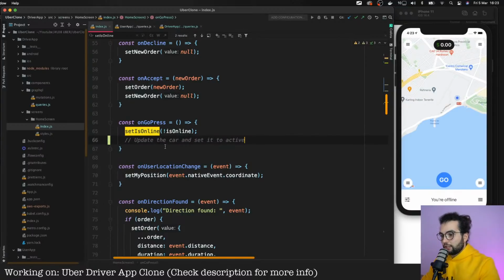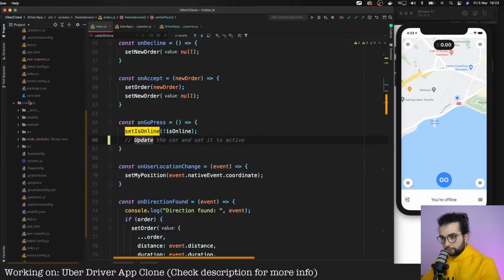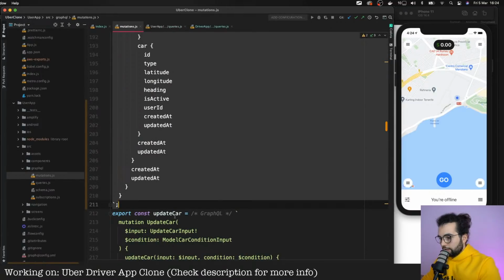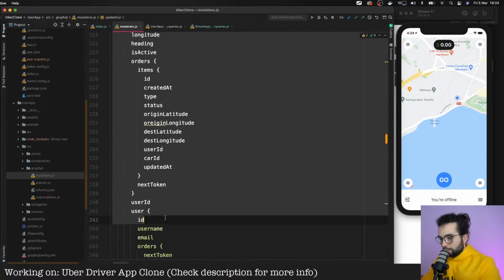Let's import the update mutation of a car, and we can do that by going to our user application, src, graphql, mutations, and here we have updateCar. Let's copy this updateCar.